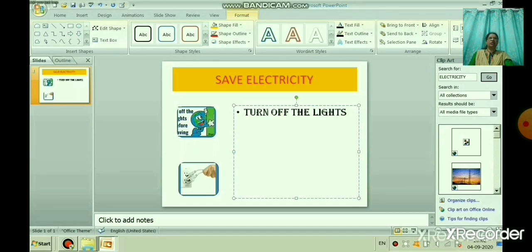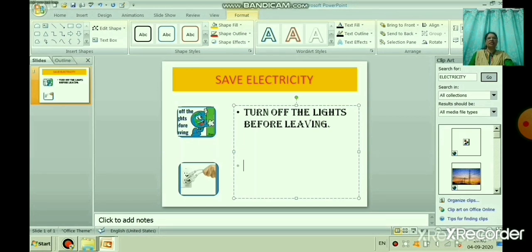It actually controls an entire presentation. Any changes made in the slide master page automatically reflect on every slide in the presentation. So just now we have learned slide master consists of two placeholders. One is the slide title placeholder and the second one is the body text placeholder. So children, understood how to create a slide master?